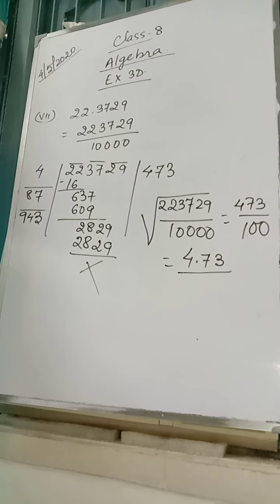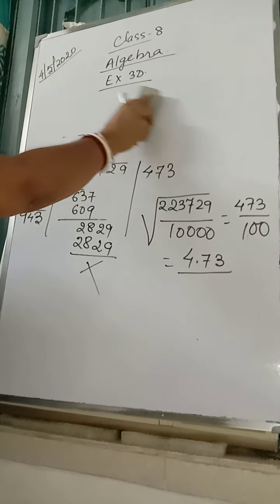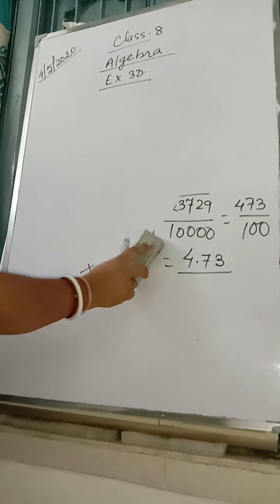Excuse me. But here we don't have to convert it into a fraction. We have to use the long division method to get the square root. Have a look please. I'll be teaching only questions 5 and 6, because I know there are 10 sums and you have to do all 10. Those two will finish, then we'll start number 7 onwards next day.